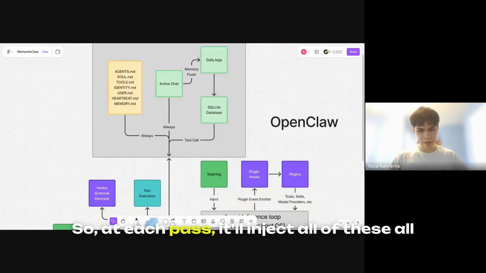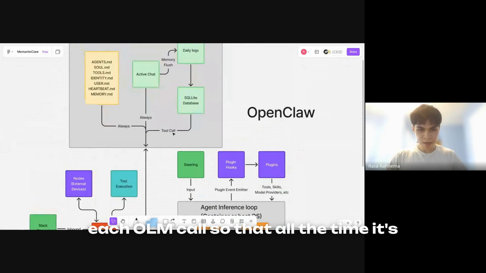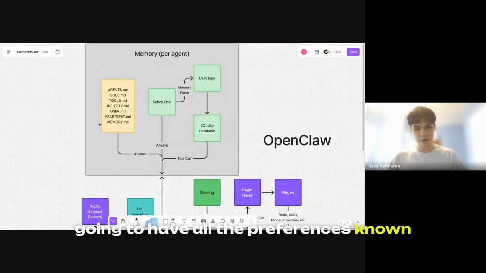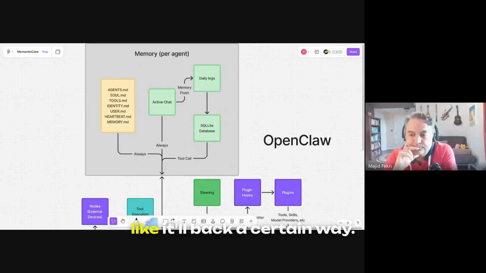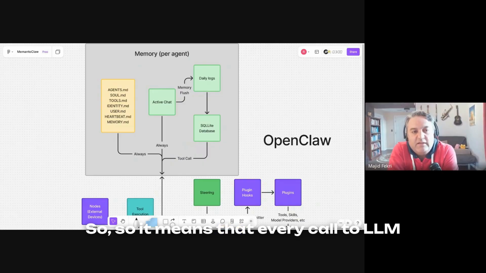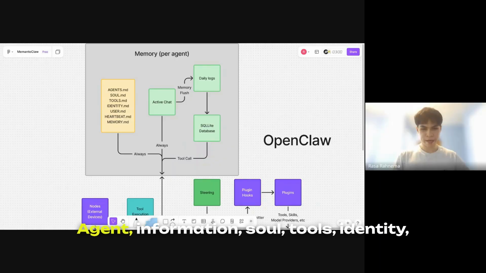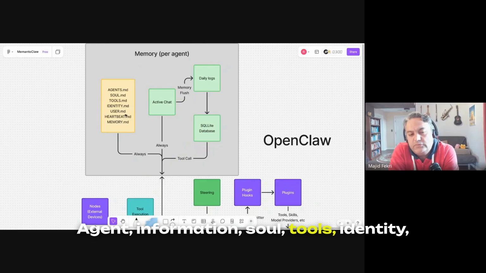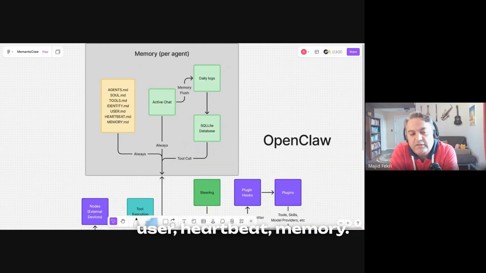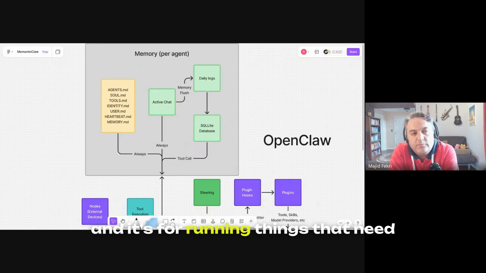At each pass, it will inject all this preference information into each LLM call, so that all the time it has all the preferences known and all the user preferences known, and it'll act a certain way. So every call to the LLM includes the content of these files: agent information, soul, tools, identity, user, heartbeat, memory. And heartbeat is something a bit more innovative that belongs to OpenClaw, and it's for running things